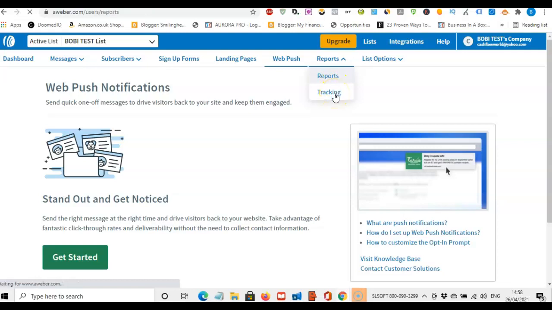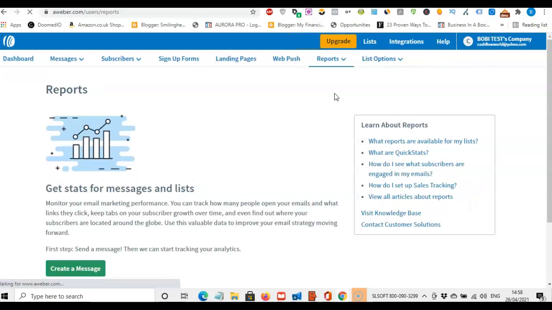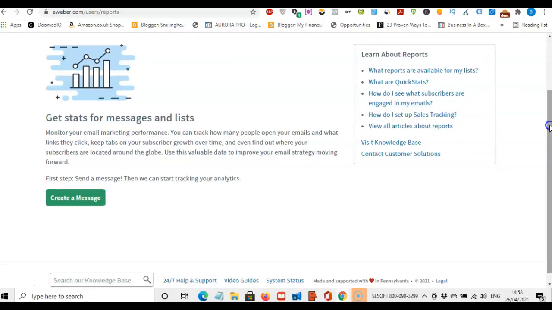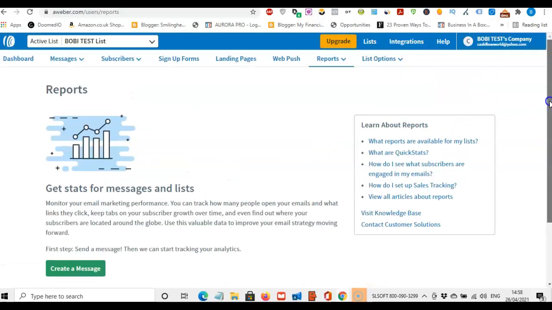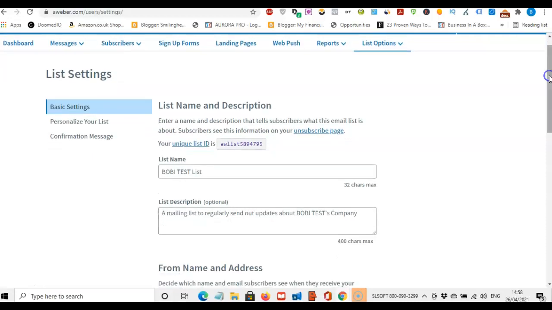and you have tracking. So it's always good to track everything you do so you know what's working and what isn't. Okay, you can get your stats for messages and lists to see how well your messages and sign-ups are doing. Then we have our list options, where we can go into our list settings, tags, custom fields, list automation. So here in list settings,